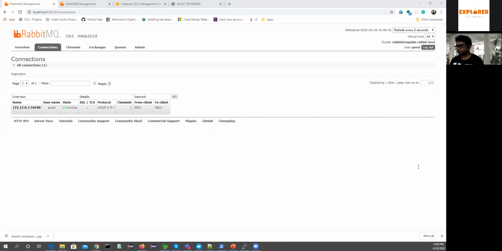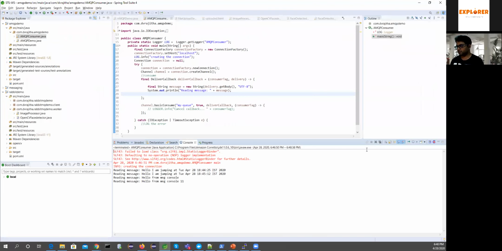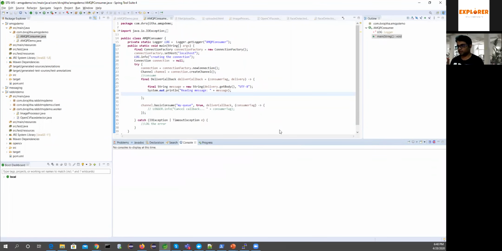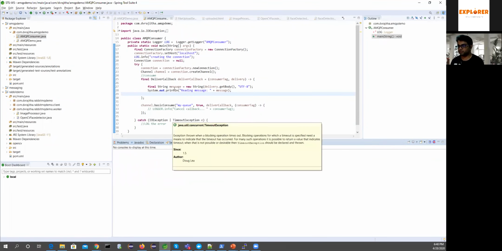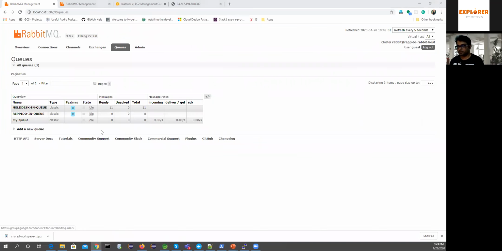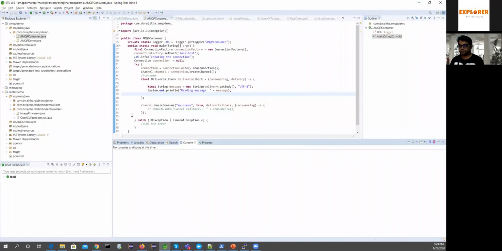It's happening like real time. This queue is still there. Maybe I asked the queue to persist, like a durable one. So that's why it's still there. So that is to give you a brief idea of how we can connect and send messages.